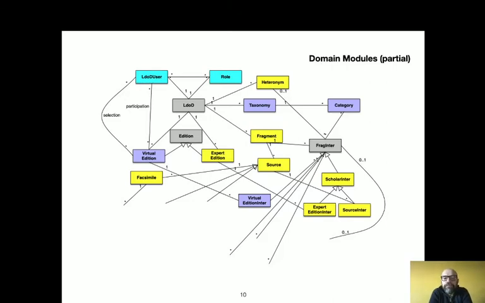When we identify the domain-specific parts that will define the modules, we define two types of things. One is entities, shown here in these colors, not the gray color, that belong to a particular module. And the gray ones are entities that actually belong to several modules. So you see that you have all types of relationships between these domain entities.